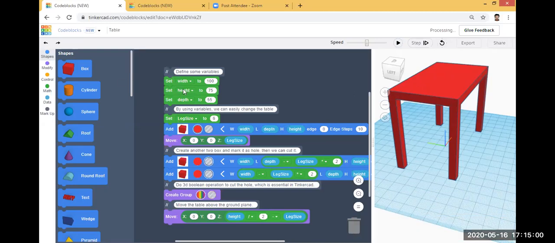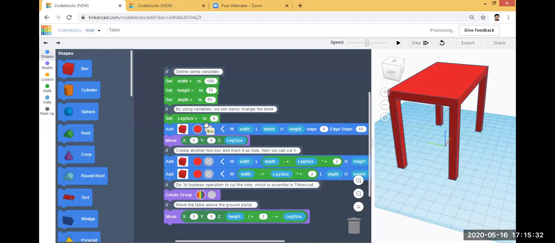So what happens in code blocks is that the values of the variables, so these all are variables: width, height, depth, leg size. The values of the variables can be changed to easily create designs of different sizes.